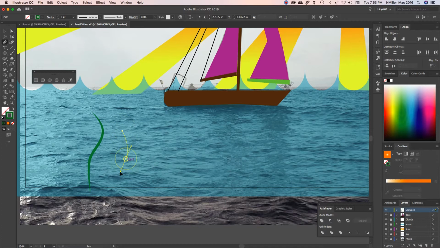Then I'm going to go ahead and create another one of these. Maybe it's a little shorter. And then I'm going to hit enter to release it. This uniform, I'm going to make that about 5. There we go. All right, so I have these two